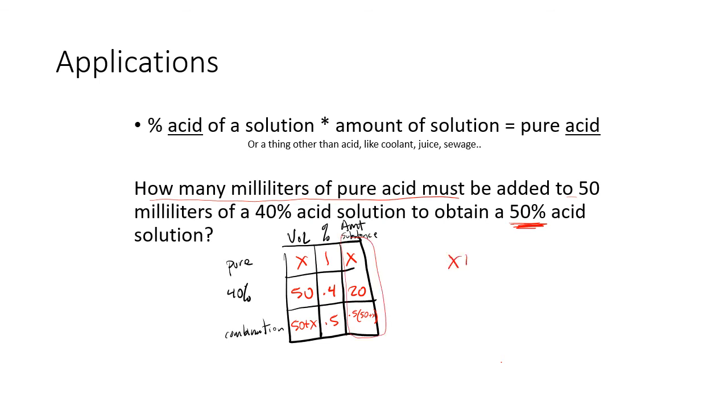So x plus 20, that amount of acid, has to equal what's in the container at the end, which is this. Okay, so x plus 20 is equal to 0.5 times 50, which is 25, plus 0.5x. Subtract 0.5x, and we have 0.5x is equal to 5. x is equal to 10. So we need to add 10 milliliters of